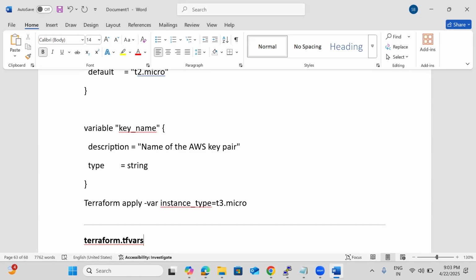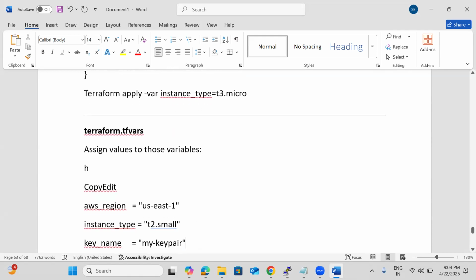What is going to happen in that use case? It changes to T3.micro. But this is also not a best practice. We have 10 to 20 variables. Instead of passing all those from the command line, it is better to declare them in one file, and that file is nothing but